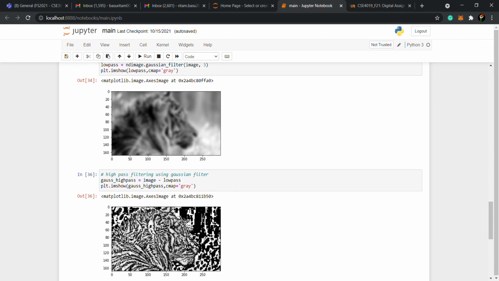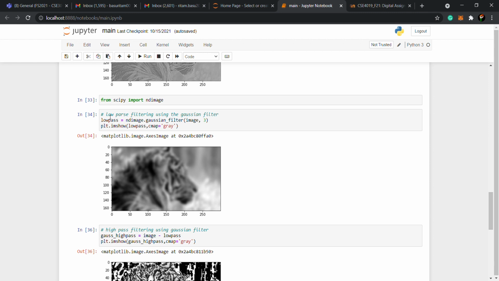Now I have implemented the high pass and low pass filtering. For the low pass and high pass filtering I have used the Gaussian filter method. So here it is. The Gaussian filter method I have implemented on it. So the low pass filter